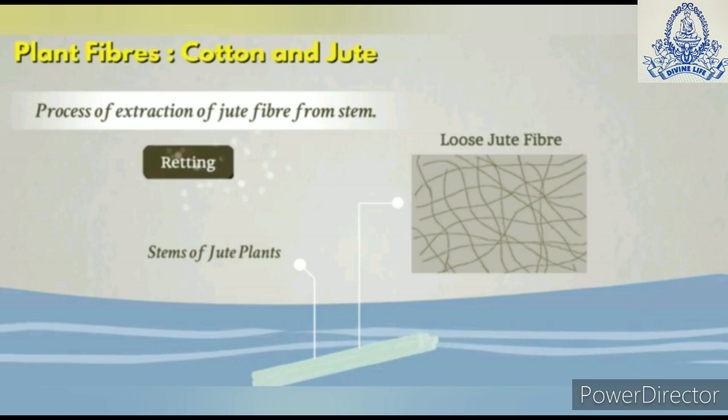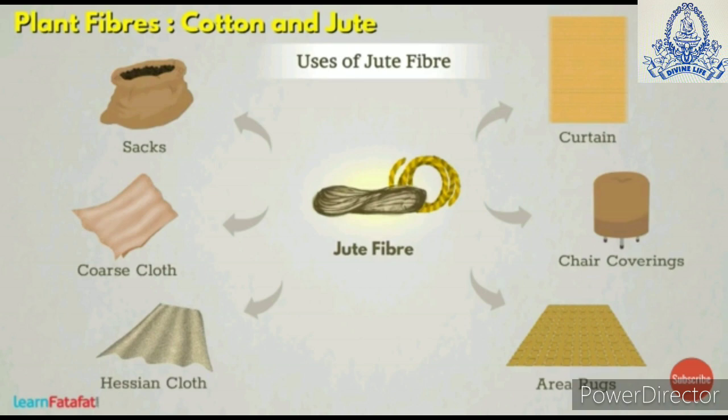To get fiber, the stems of jute plants are bundled and kept in water for a few days. During this time, fibers become loose from the stem and can be easily separated from the plant. There are many uses of jute fibers to prepare sacks, coarse cloth, hessian cloth, curtains, chair covering, area